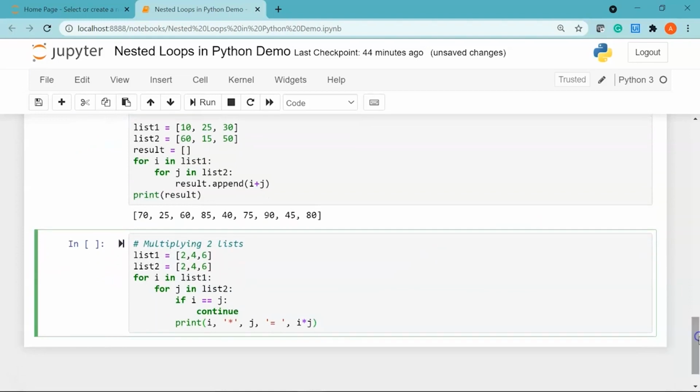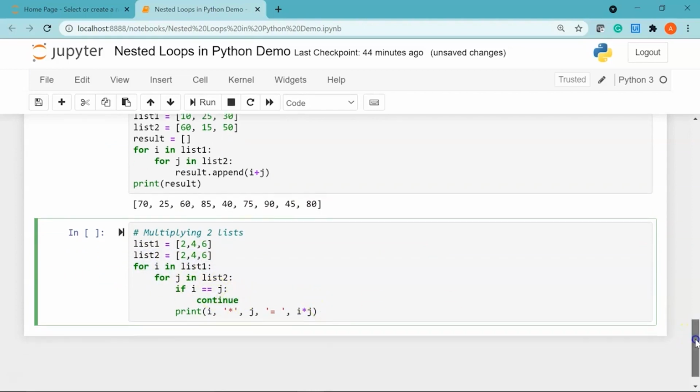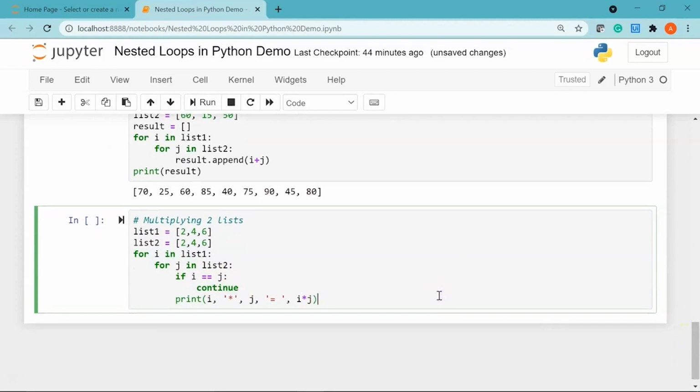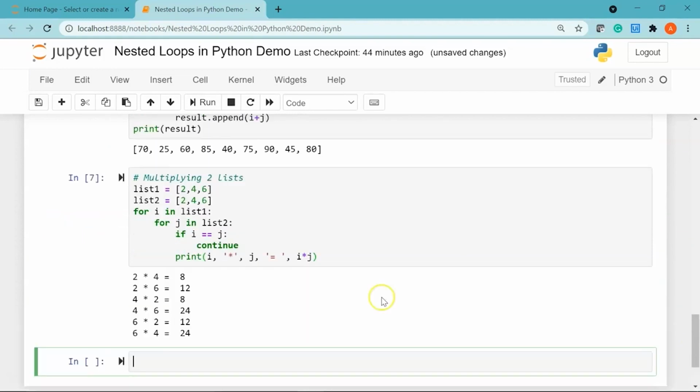So this is how you can multiply the elements in two lists. So I've declared my list 1, my list 2, then I'm using two for loops, and whenever my i value is equal to j, we'll skip that step and move on to the next iteration. Let me run it and show you the result.